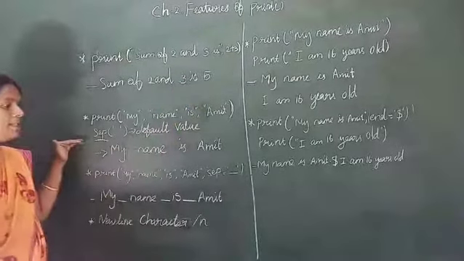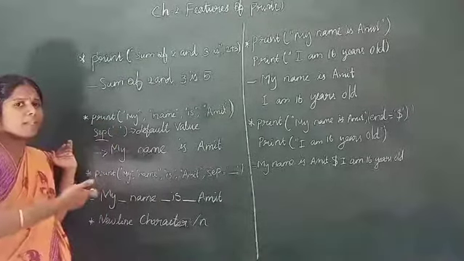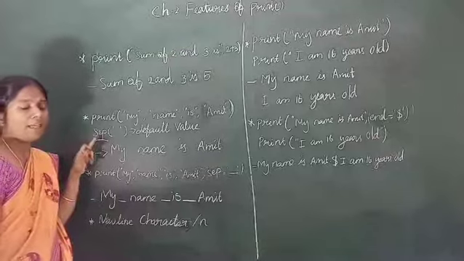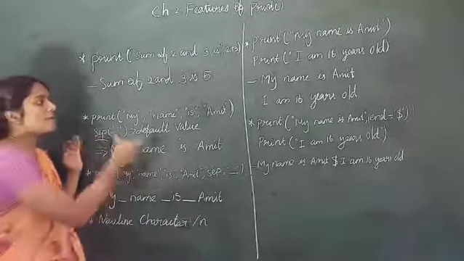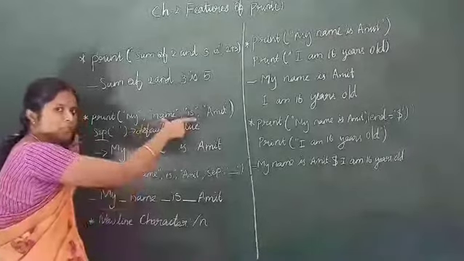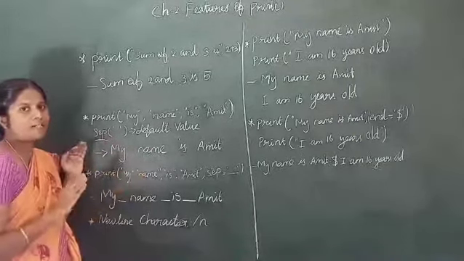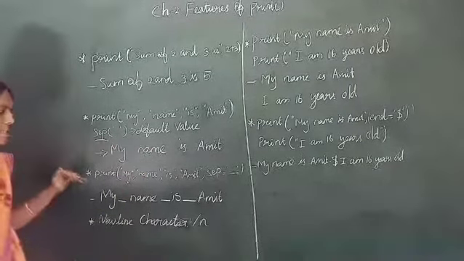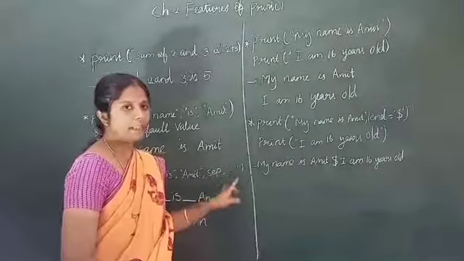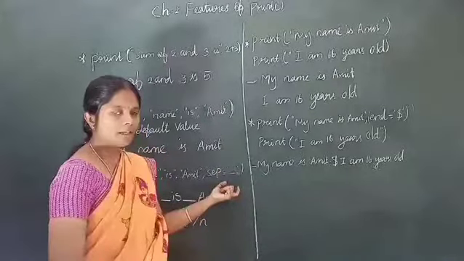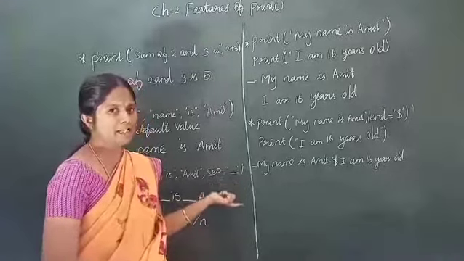The second point is that the print function in Python automatically has a separator value. By default, the separator value is a space. If you have not specified the separator value in the print function, it will automatically take a space between the values. Are you clear about this? Here you can also add the separator value you need. You can specify sep equal to, within single quotes, any character.